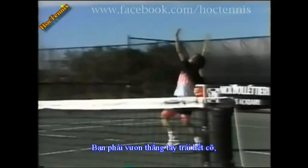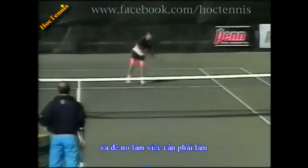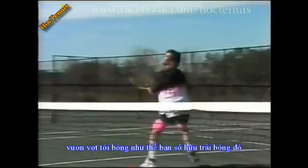You've got to have that left hand fully extended and tracking the ball to the point of contact. And you've got to go up after it. And you've got to attack it in the same manner as you would the serve. Get that racket head up there and let it do its work. Get that racket head to speed up on contact and go up and reach for the ball as if you own it. And remember, if that left side is up and your head is up, you're going to be reaching